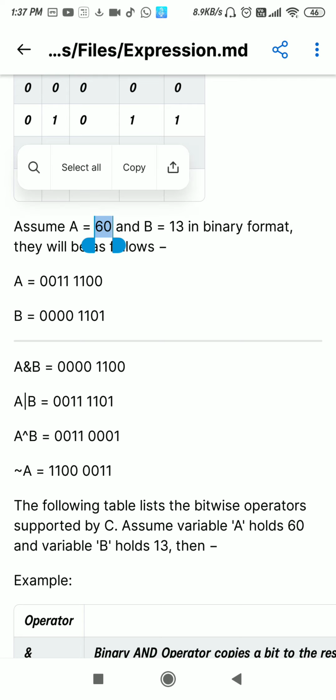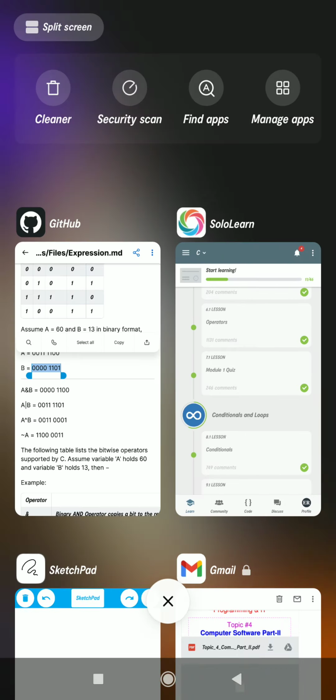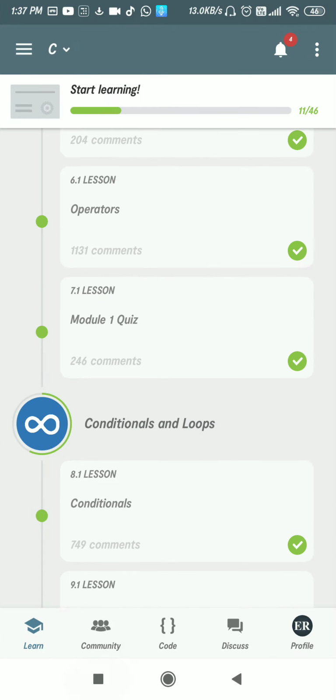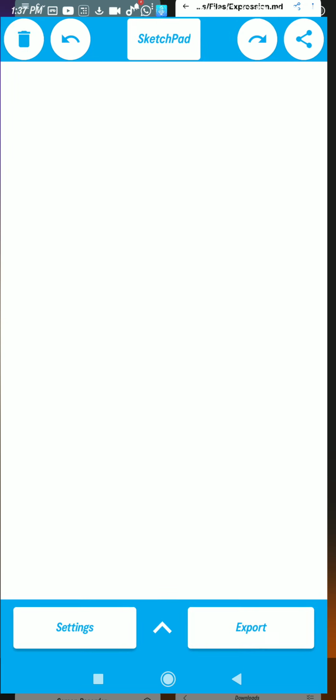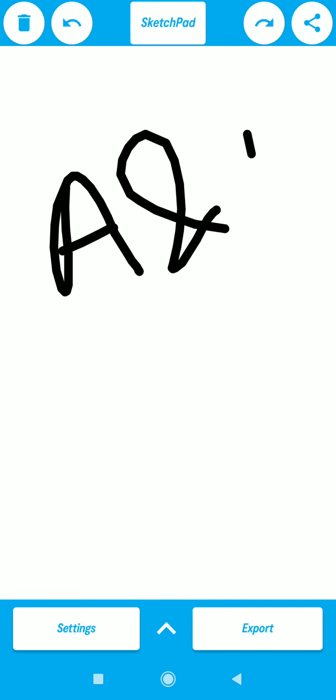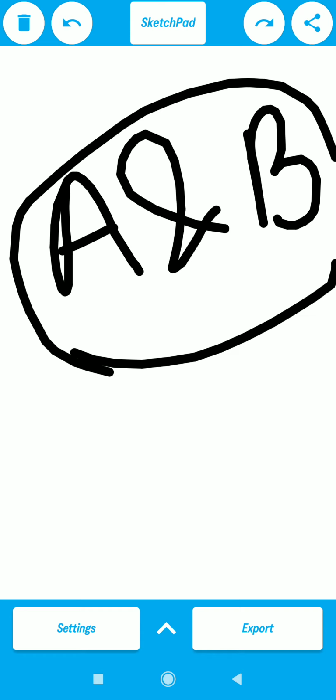You should convert this to bits, and we have 13. If I say a bitwise AND of b, it means I am applying AND on these two bits. This is not a comparison. The result is not in true and false.